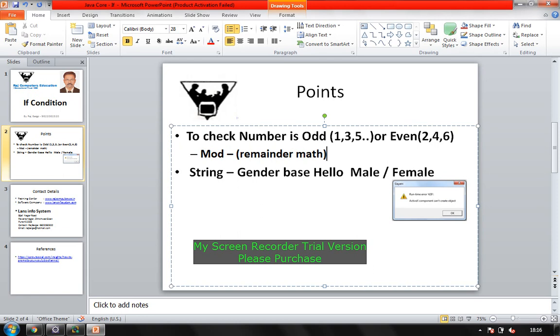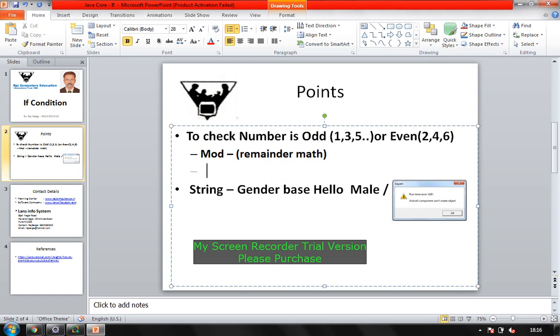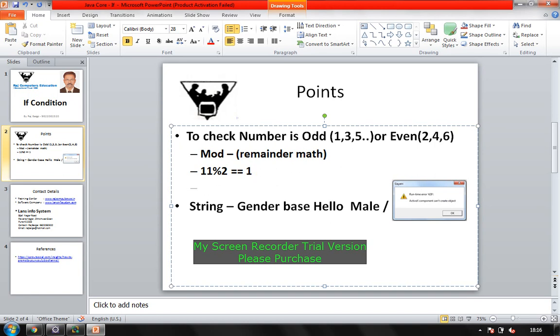Basically it is just trying to divide a number and check what the remainder is. Suppose I have the number 11, if I get mod of it by 2, my remainder value is 1. Right? Fine. But if I have the number 8 and I get mod by 2, my remainder value is 0 because nothing is remaining there.